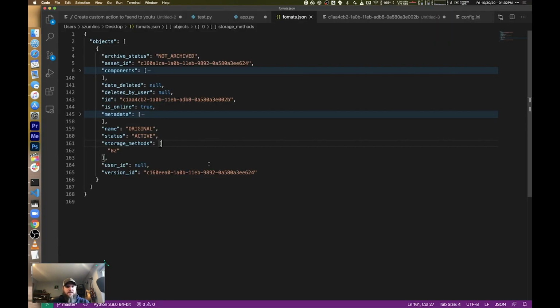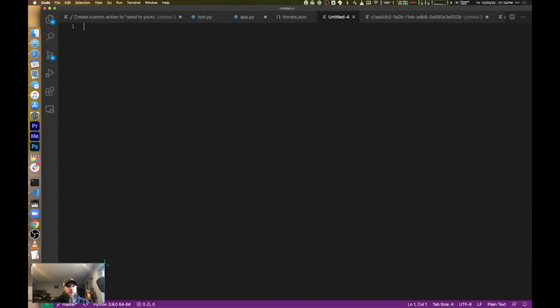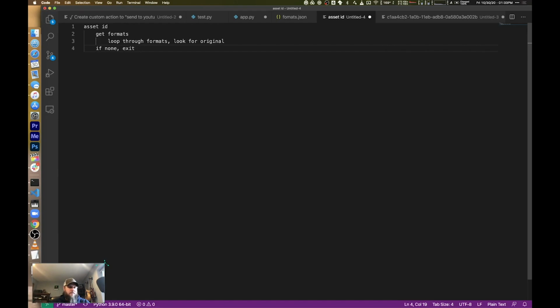So let's kind of block this out as a quick diagram. We have our asset ID, right? And that's going to let us get formats. And then we can loop through formats, look for original only. And that might return nothing or one or multiple. So if none, exit, right? Because we don't have a file, we don't have an original format to work with. If one,